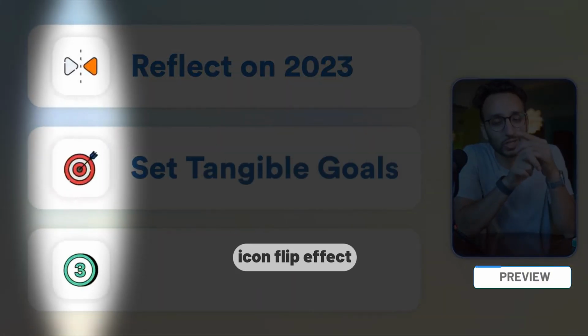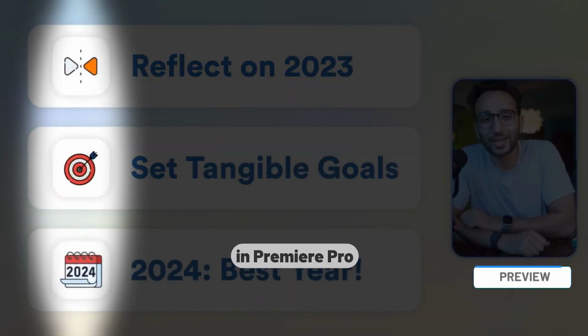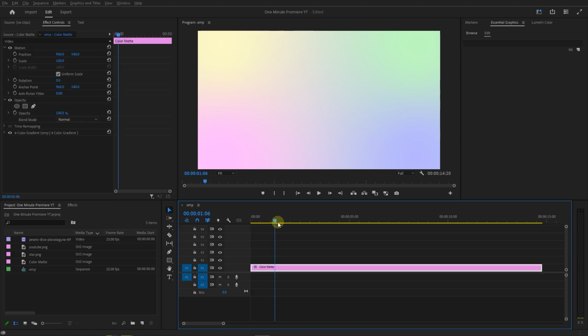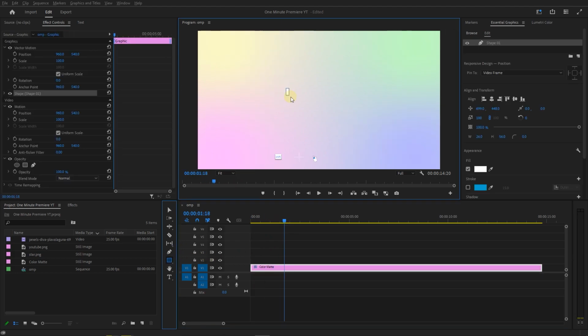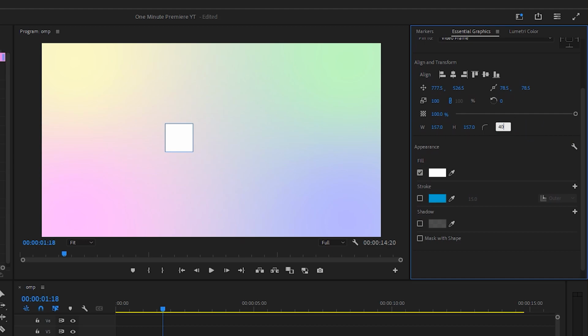Create 3D icon flip effect like Ali Abdaal in Premiere Pro. Move the playhead to the position of the effect. With the rectangle tool, click in the preview, then hold down the Shift key and drag to create a proportional rectangle. In the Essential Graphics panel, set radius to 40 and click on these two buttons to center it horizontally